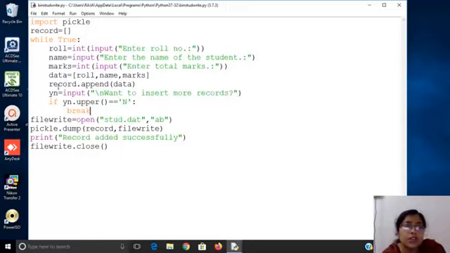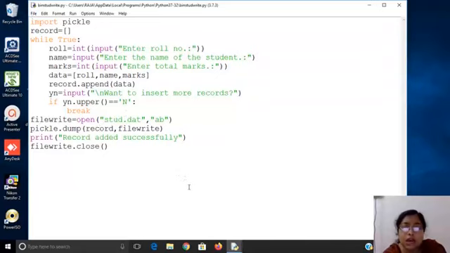Okay, so the record is created like that, and then we are opening the file in the appending mode. Since it is a binary file, we are using the ab mode. You can use the wb mode also for writing the file. And then we are using the pickle.dump method with the record list, and we are writing the record list to the file. So that means we are creating the record list at first, then opening the file in append mode, or you may open the file in write mode also, then dumping all the records to the file pointer, then closing it. That's it. I have already created this file.